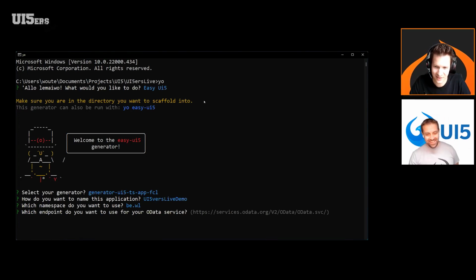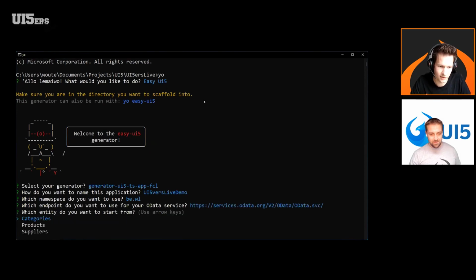Yeah, so I made the questions and Peter did the integration with the metadata. So you can now provide an OData service in the template. I'm just going to use the Northwind example that's already in here. And the cool stuff is, if you provide an OData service, it will try to fetch the entities. So we will ask you to select a main entity for your list and for the details.